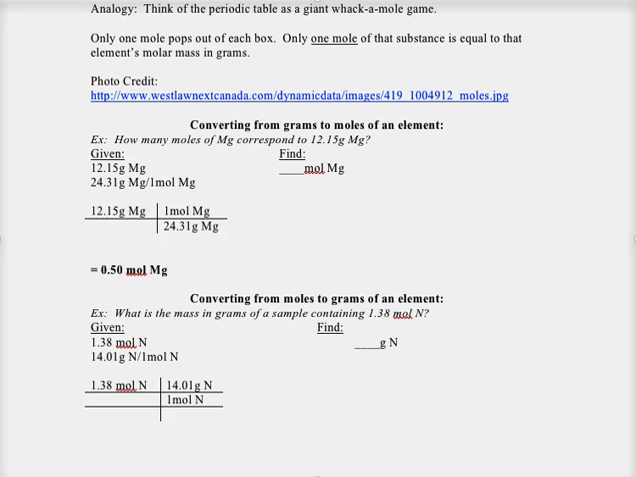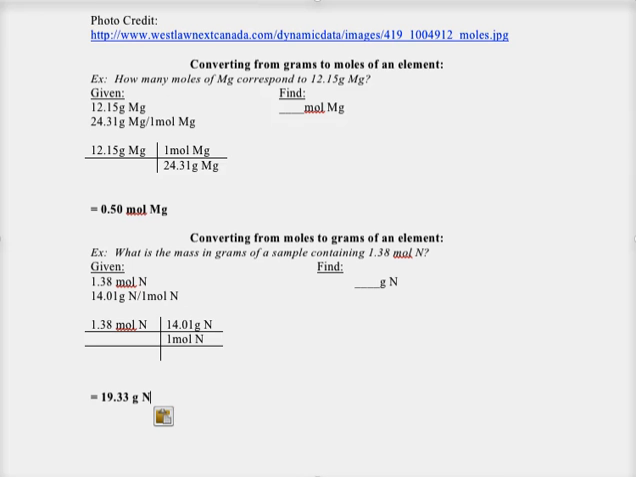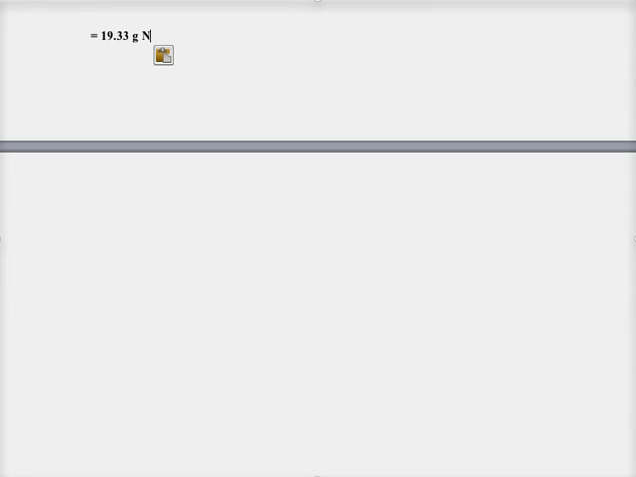And I hope that you get 19.33 grams of nitrogen, just like I did. All right, so now we are going to take a look at how we do these conversions when you have